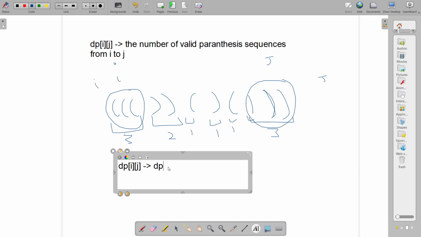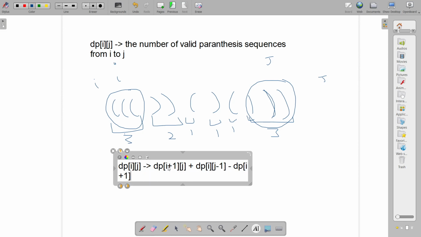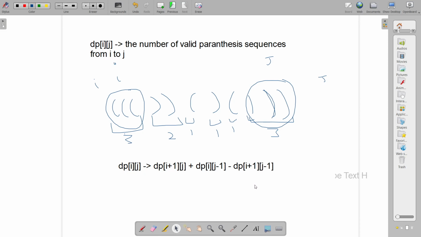So dp of ij would be at least this much. So it would be dp of i plus 1 j plus dp of i j minus 1 minus dp of i plus 1 j minus 1. This is what I initialize it with. We will add some more things to it, but this is how I have initialized it. So what this means is, I can choose to include the ith index while calculating the number of subsequences, or I can choose to not include it. So if I choose to ignore it, then it would be from dp of i plus 1 to j,